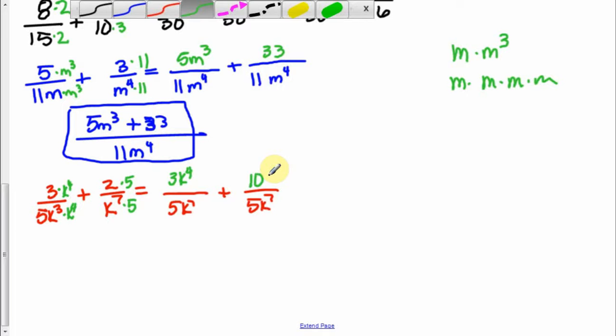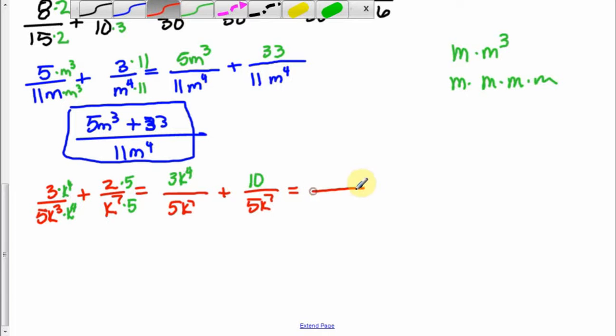Now remember, y'all, one way to check yourself in your mind is to see if this will reduce and get you back where you started. That's how you check yourself. Okay, so k to the fourth and k to the seventh, yes, that would leave me with k to the third on top, and I'd be right back where I started. 10 over 5 reduces with a 2 up here, and I'd be right back where I started, wouldn't I? So that's how you know you created an equivalent fraction. Okay,